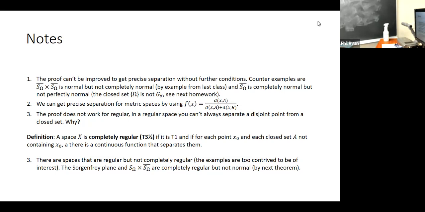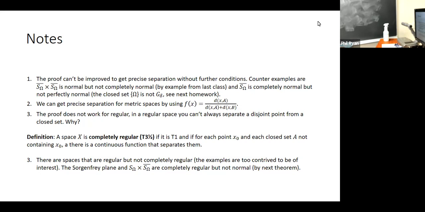And it really is T3.5 because there are spaces that are regular but not completely regular. I'll show you an example, but it's so contrived I don't want to go into the full details of it. And we've already seen spaces that are completely regular but not normal. For example, the Sorgenfrey